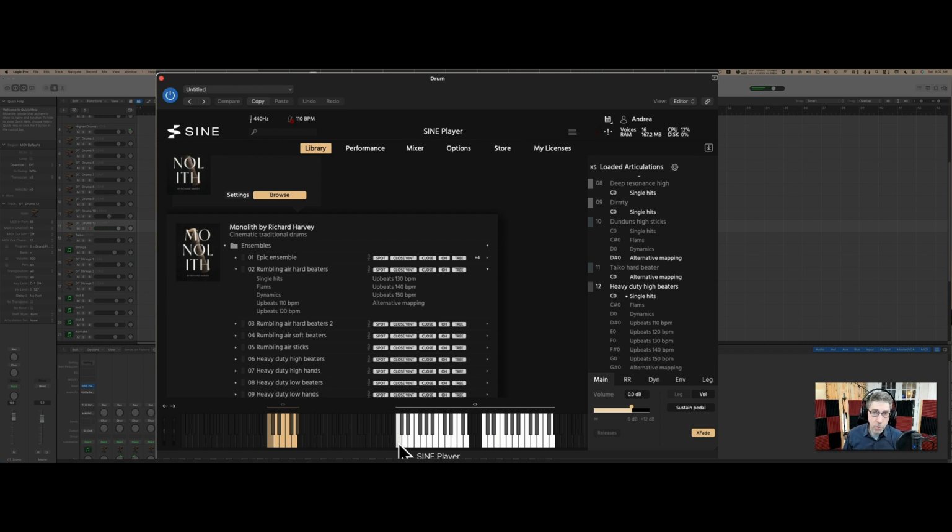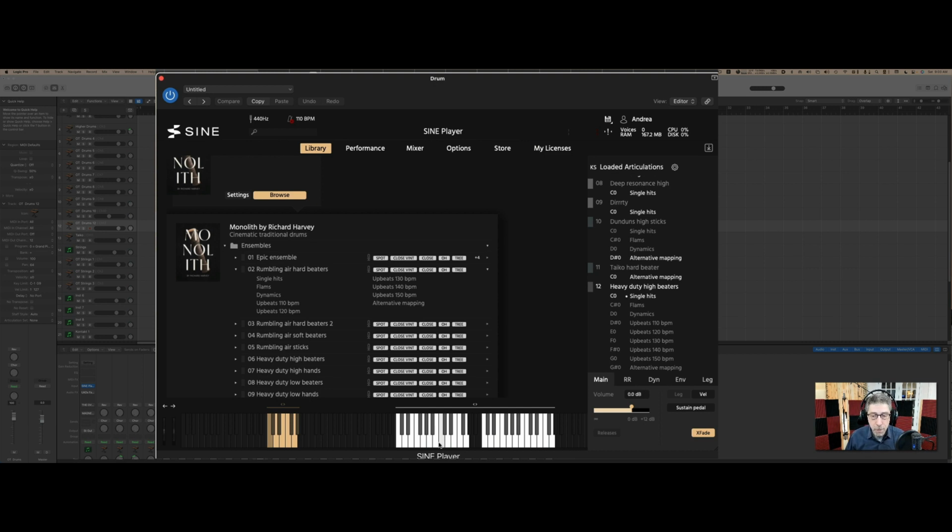I find this very useful when you sequence percussion parts or drum parts with the MIDI keyboard. Sometimes it's hard to get the exact velocity that you want, and so this is convenient to just access different velocities, different dynamics straight from your